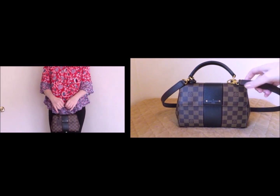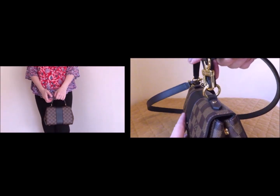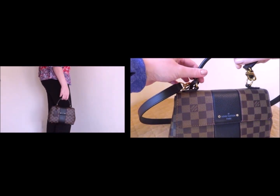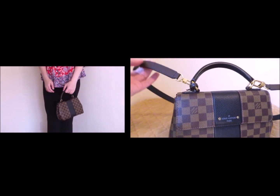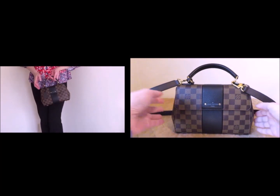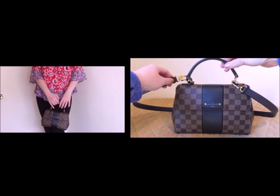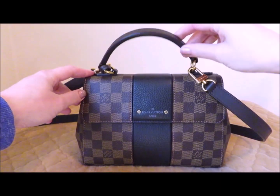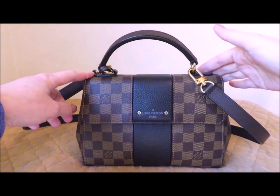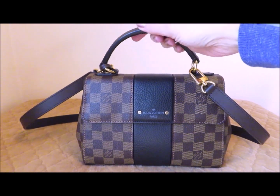The strap attaches up here at the top by 2 circular D-rings. Let me bring it in and show it to you a little bit better. So your strap goes up here at the top, and it's a removable strap, but you can't adjust it. So the 21.7 is the length that you get. If it's too short for you, of course, you can always add an additional strap and swap it for whatever you need. The handle has a little bit of forward and backward movement. It also has side to side movement, but it doesn't lay flat on either side. So you have a little bit of movement, side to side and back to front,